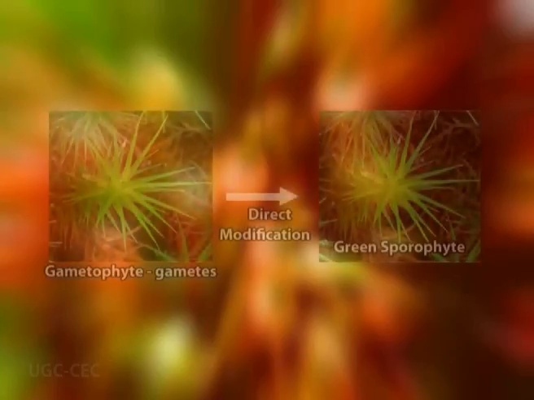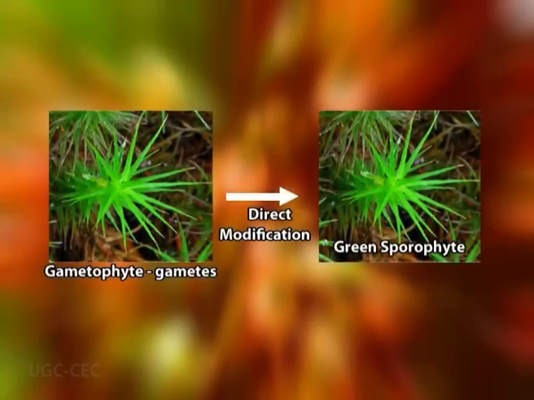This theory was initially proposed by Pringsheim and later it was elaborated by Fritsch. According to this theory, the sporophyte in bryophytes originated by a direct modification of the gametophyte and took the specific function of spore production. The sporophyte thus originated was similar and homologous to the gametophyte and both were free living